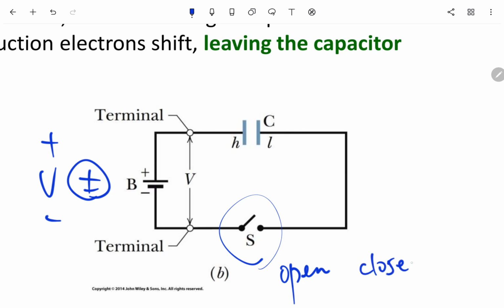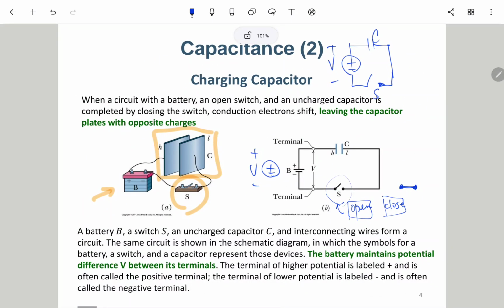We must be careful because in Chinese 我们会说开跟关，但是这个是开路，这个是闭路。开路是这个状态，闭路的话是这样，就是导通的。那跟你中文的关是相反的，所以要注意。open 就是断开，close 的话是接上。如果你真的要讲中文的开关，是 switch on, switch off。